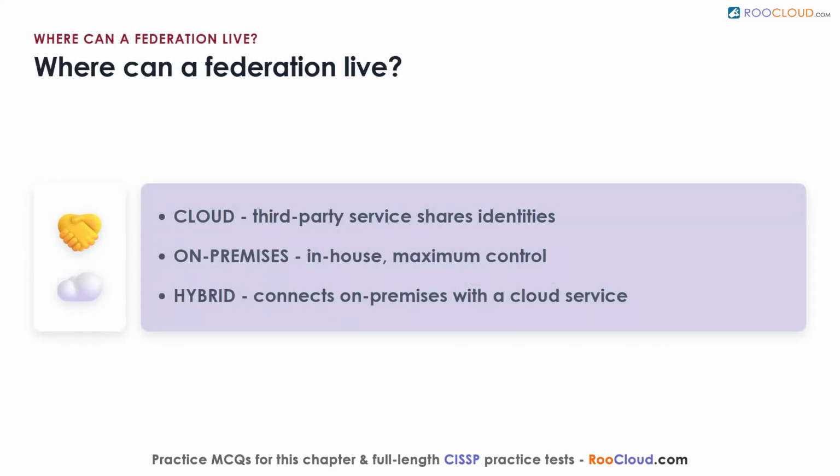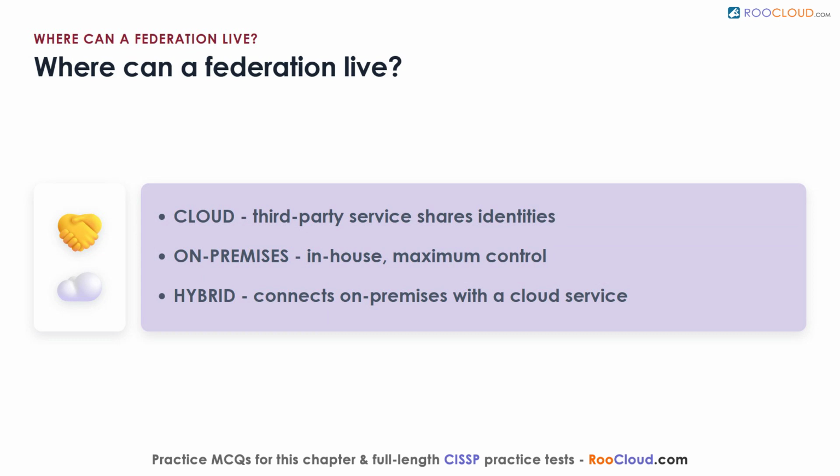Where can a federated identity system actually live? It can run on-premises, in the cloud, or as a hybrid of both. A cloud-based federation uses a third-party service to share identities, which is common when a company sends staff to an external training site and coordinates the federated access. An on-premises federation keeps everything in-house, ideal when two merged companies want to share authentication data across their own networks